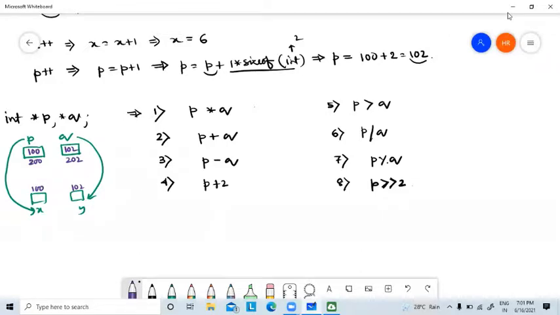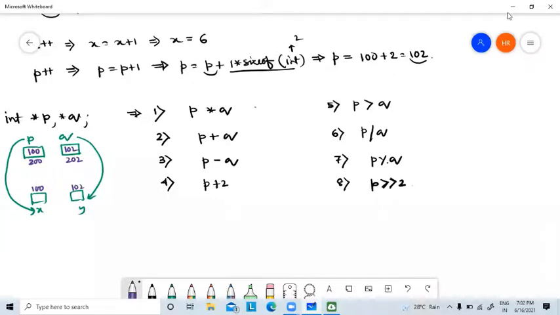See, what is the value in P? It is one address. What is the value in Q? It is another address. What will I get if I multiply two addresses? Is it any valid information for me?